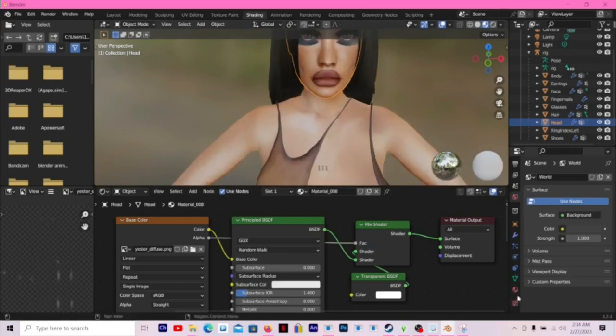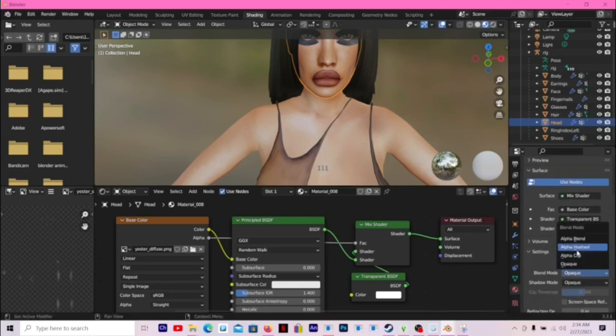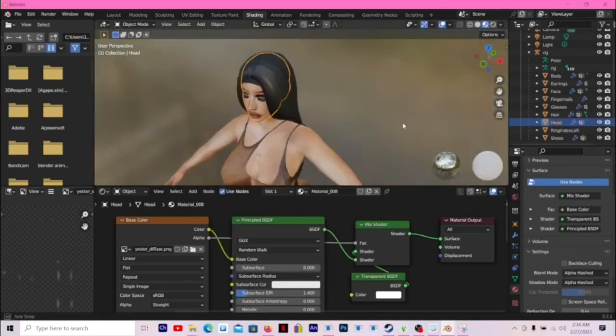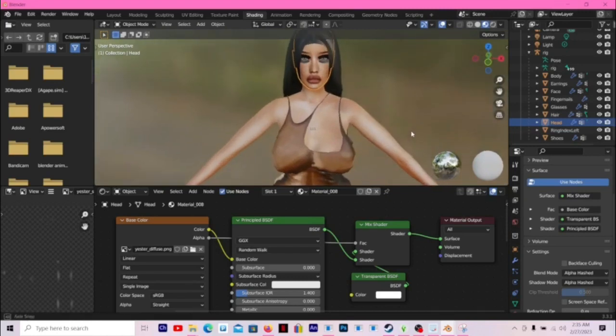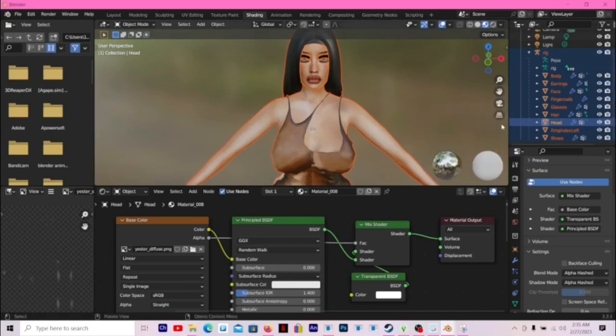Now since we have that, we're gonna go to the ball on the side. It looked like a ball, and we're gonna change that to alpha hash, both of them. And as you can see, nothing is saving, nothing is showing, so that's completely fine because I've saved everything separately. If you save one texture or whatever, everything will work. So once you select all this, you're gonna click on